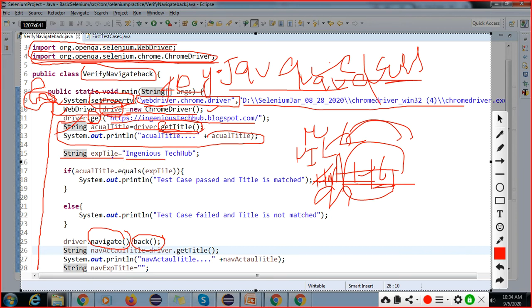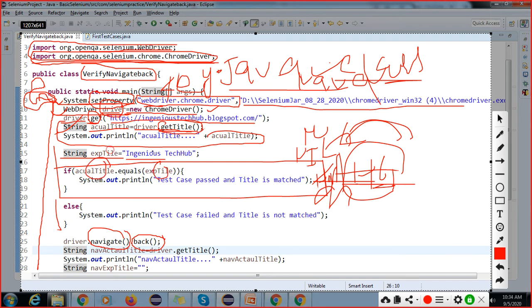It must become equal. If both match, this is your if else condition, right? If both strings match, this string and this string, then this block will execute. The job of the equals method is to compare this string value and this string value. If both string values match, then this block will execute, otherwise the else block will execute. If this will not match, this block will not execute. If this will match, then this block executes, and this will not execute.